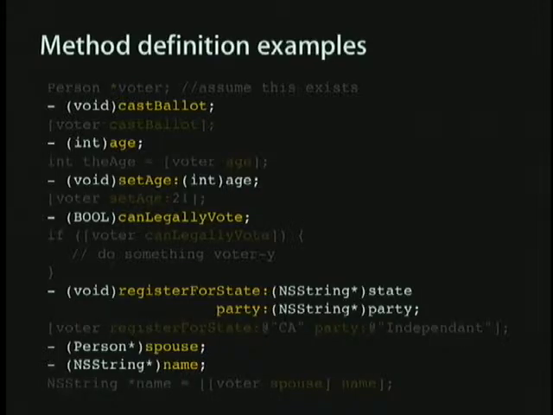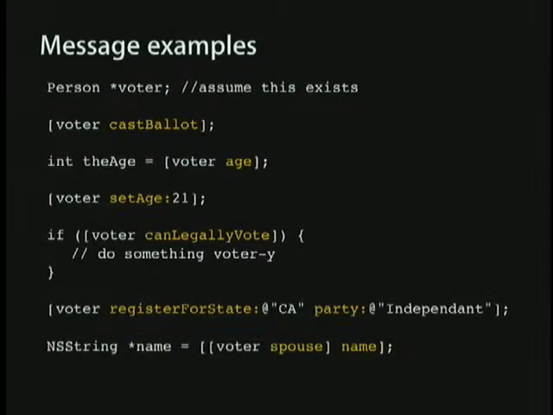Boolean, this is pretty similar to the first one. The one that returned an int just returns a bool instead. Ones that take multiple parameters look pretty much the same. And then at the bottom, we've got two more that are also pretty similar there. So when you're looking at headers, you're going to end up seeing this. When you're actually messaging them, you'll be dealing with this.